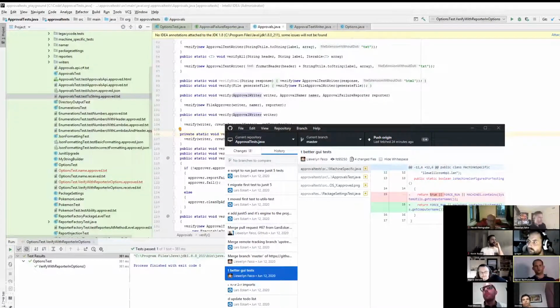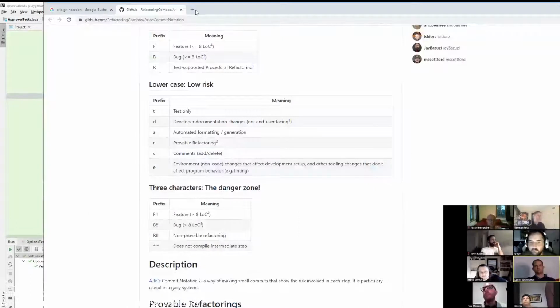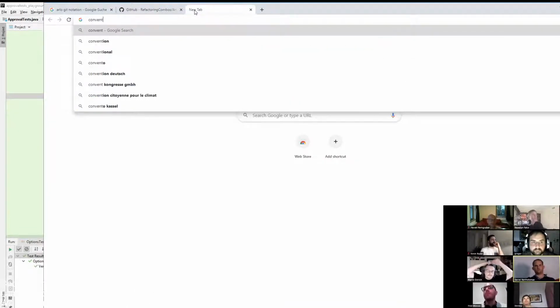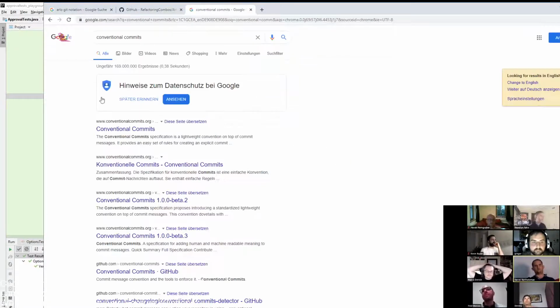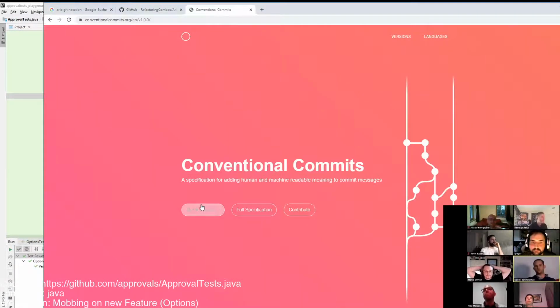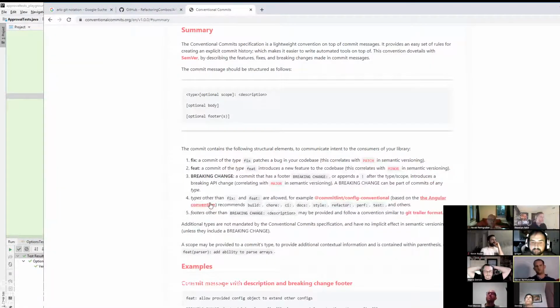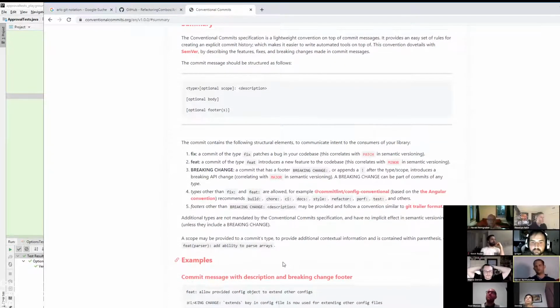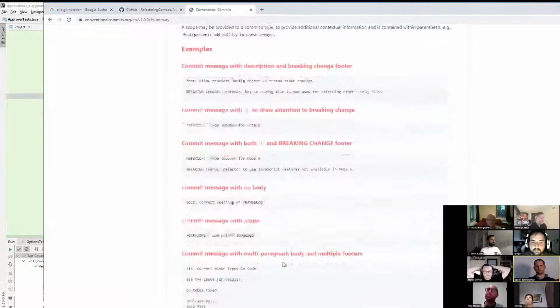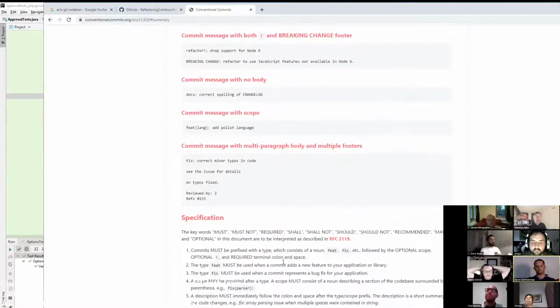And there's a whole ecosystem around it where you can automatically create change logs based on that, because if you just have some change to your tooling, it should not appear in the change log. And there's even semantic versioning, which automatically determines which version your package should be using. So I'm using that a lot for my open source packages, because it means that when I do a change, I just push it, and my CI will automatically release the correct version based on the commits I have in there. Most likely this is similar, but